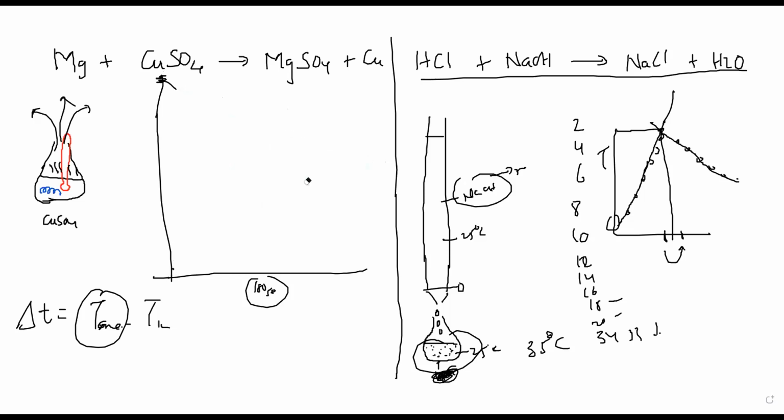extrapolation only till then. Like in your school में, initially the temperature is same, then the temperature starts to rise. Okay, and then the temperature falls. Tell me, why is the temperature same here during this time? Reaction is not started. I have not added magnesium yet to the copper sulfate. This is the temperature of copper sulfate alone. Reaction is not yet started.